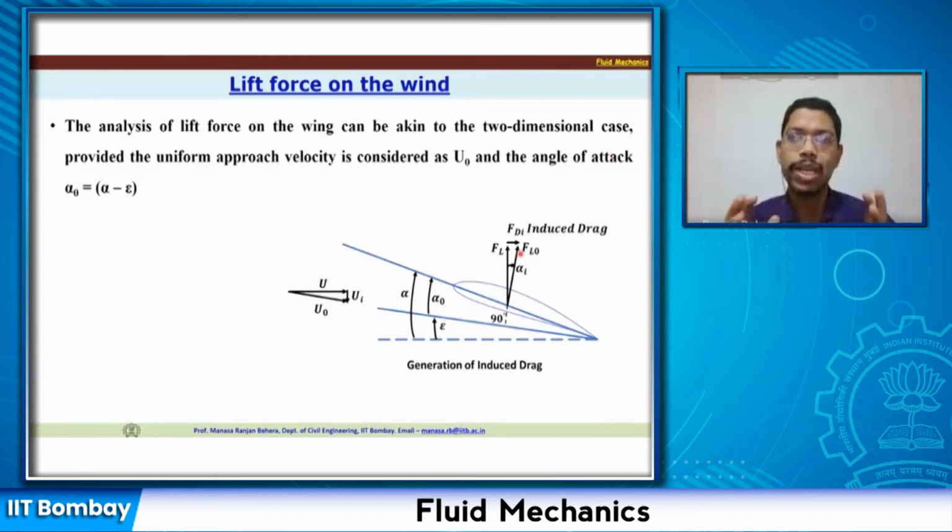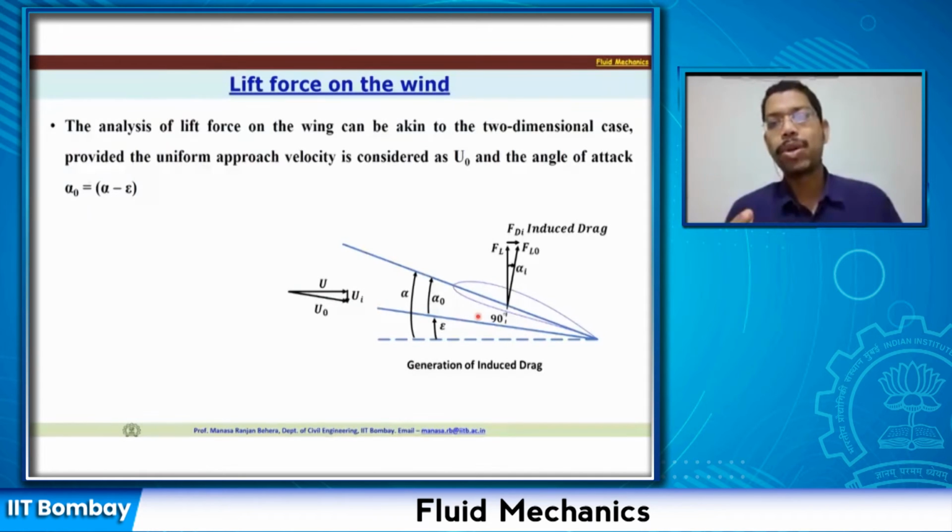So the actual lift that we are getting is FL, which is in the vertical direction. The component of FL0 in the vertical direction is your lift force, and there is a component which is also acting in the horizontal direction. So that is going to be added to the drag force. You already have some drag force, and this FDI, which is the induced drag, is going to be added to the drag force. That has come because of this small angle of attack, and this angle of attack is obviously going to create some amount of resistance, and that is nothing but your induced drag.